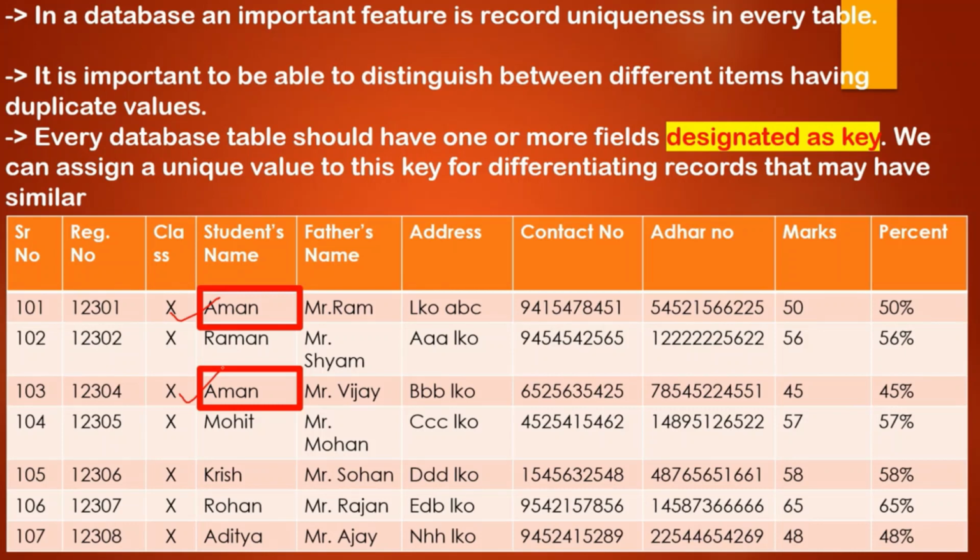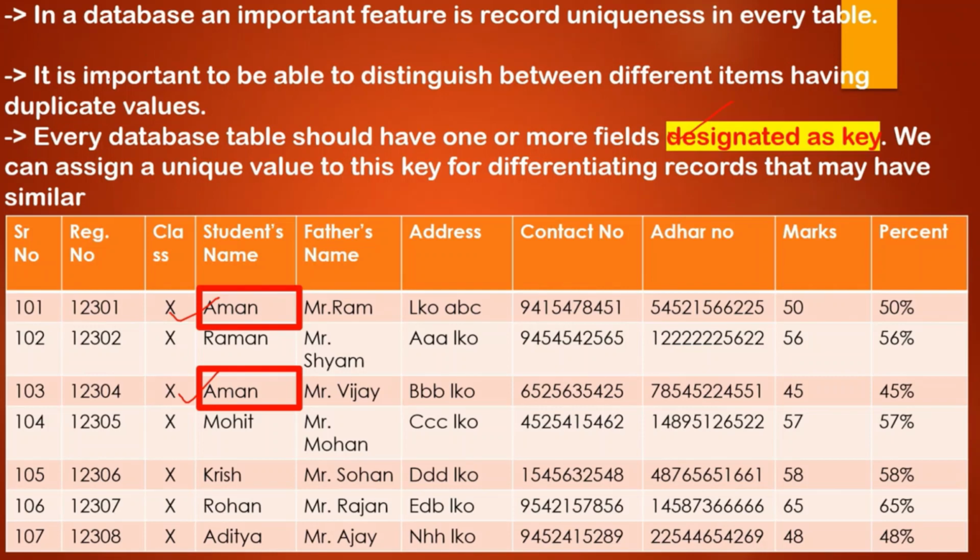So for this we need to designate a key, which is again a very important concept of this chapter of this session. As you can see here, important feature is record uniqueness. तो ये record uniqueness कैसे होगा और कितना ज़रूरी है? अगर हमें इन दोनों में से पर्टिकुलर वही अमन जिसकी हम बात कर रहे हैं उसे ही एक्सेस करना है, तो हमें इसको यूनिक एक आईडी देनी होगी, यूनिक आइडेंटिफिकेशन देना होगा उस रिकॉर्ड को,